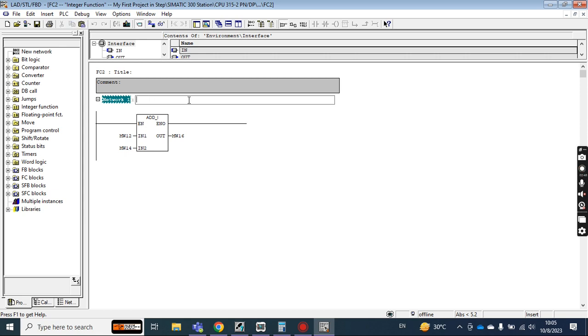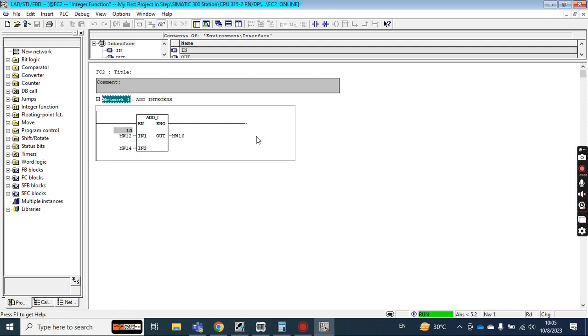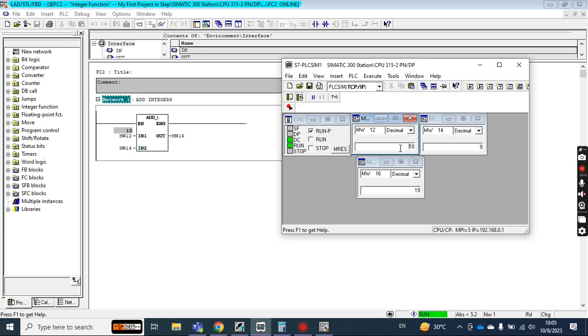Let me name it add integers. Okay, let me download it, and as my simulator is already running, it is in run mode, so I'll just take it online. If I take the online, you see this is showing you 10, the value I have sent from here. From MW12 I have set the value 10, in MW14 I have set the value 9, and the result is, you can see, MW16 showing